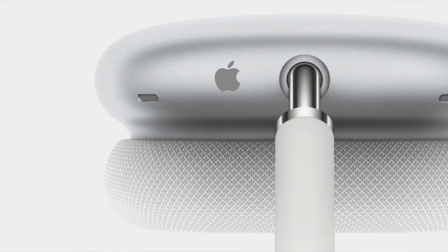So we're going to talk about my initial thoughts on that and what it's going to take for me to actually want to spend more than this on something with the Apple logo on it. So let's get started. Actually, I don't even think it has the Apple logo on it. You can put the Apple logo on it because they do engravings, but it's just a pair of aluminum cans